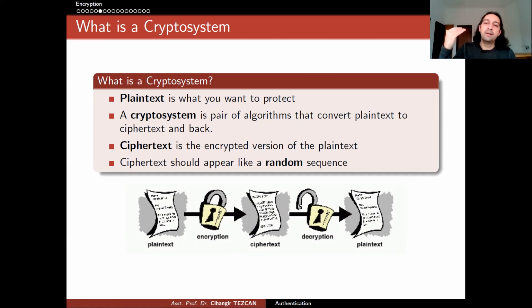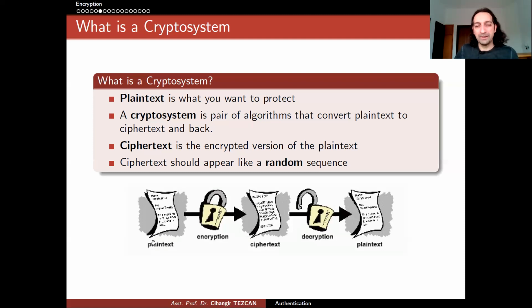This is why my video and voice, which is the plain text, are encrypted with my computer using this secret key and sent to you as a ciphertext, and your computer decrypts it with the secret key that we shared when we started this Zoom communication. So this actually raises a good question. If the communication channel is insecure, how do we share this secret key, right? This is what we will talk about when we talk about Diffie-Hellman Key Exchange.